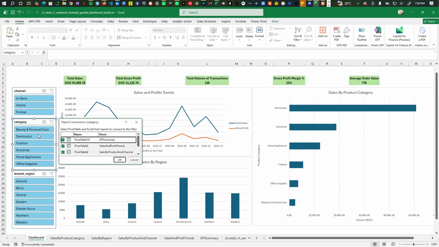So when you right click and choose report connections for this category slicer, you'll see all of the options you can dynamically connect this slicer to. All of the pivot tables you have built with the associated pivot charts. If, for example, you do not want some pivot table to be connected, you simply don't choose the check mark. So the ones we have on our dashboard, sales and profit trend, it is here, and its associated